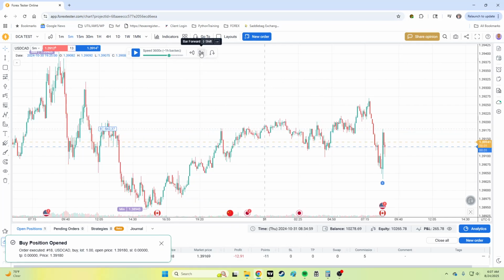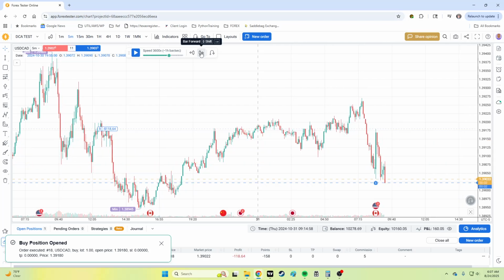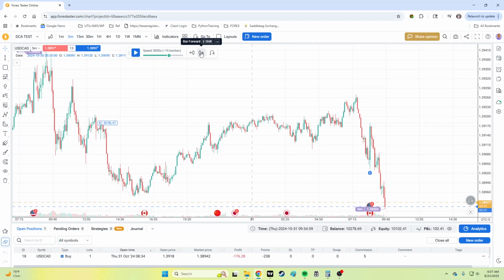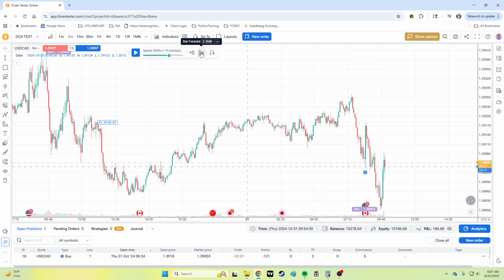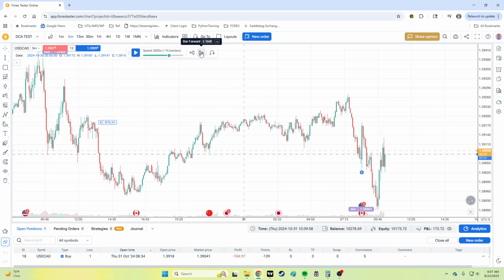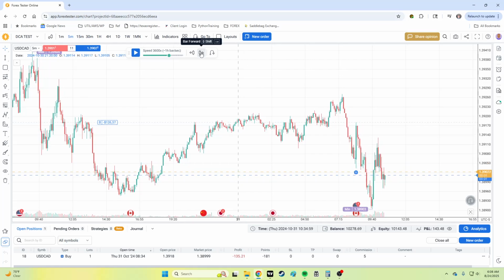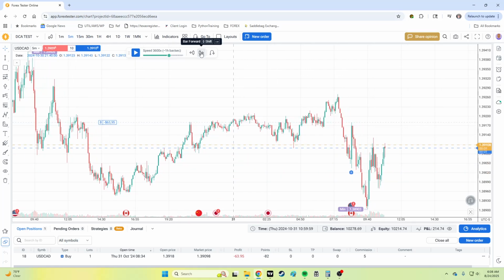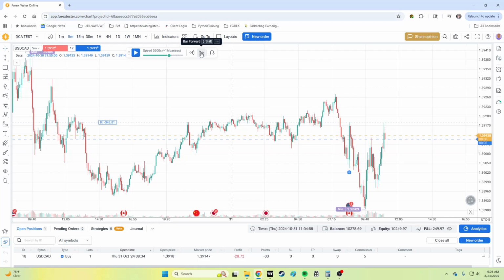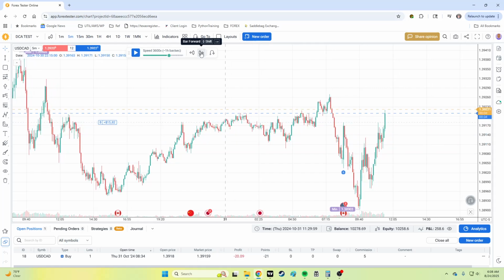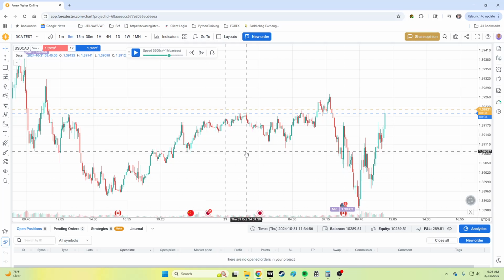I'm surprised I haven't run out of margin yet. That's going to be the limiter, I think, with this. Really is the amount of margin you can put on. I should have DCA'd that. Let's just go ahead and, let's see, we're down, and now we're up. So you can see one of the biggest benefits to this, especially on a pair that tends to range a lot and spike a lot like CAD,